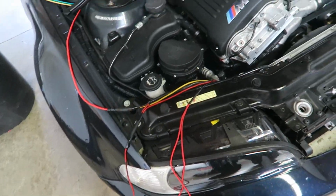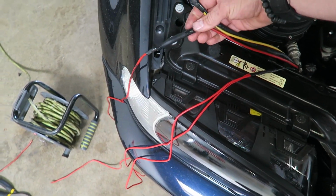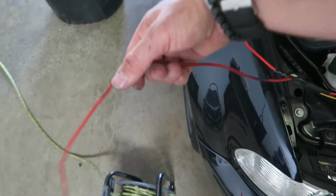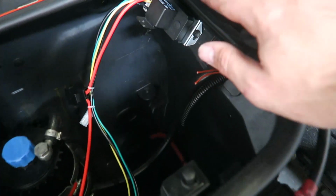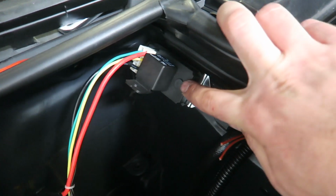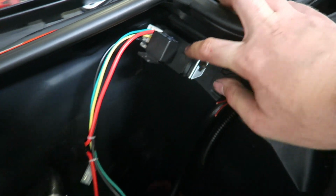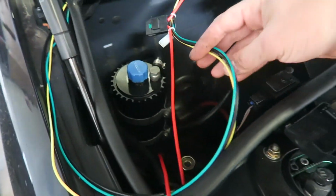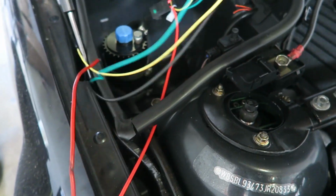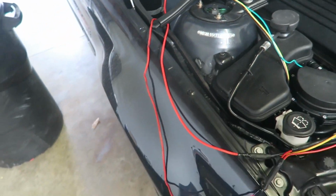Okay, so this is the current status I wanted to share with you guys. I connected the two grounds and two powers together with some fresh wire, and then I also mounted up the relay for the Mishimoto controller. And I wanted to do it this way because that is the little plug that you pull out to change the temperature or set point. We have the wiring here, which I am now starting to do. So it's a very easy process. There's really only just a couple wires, and then I need to